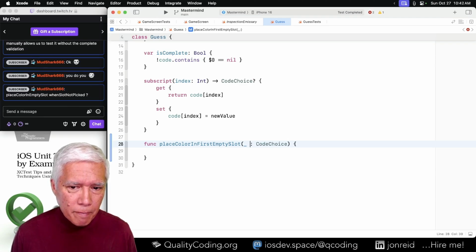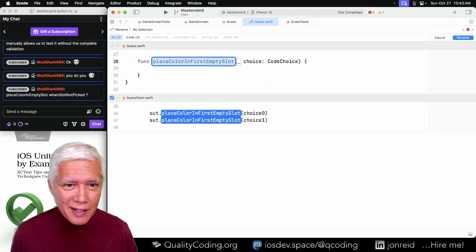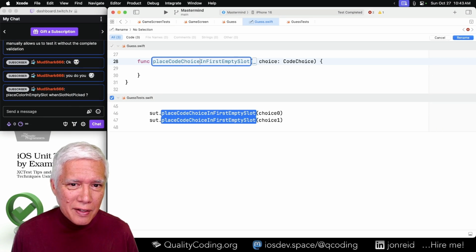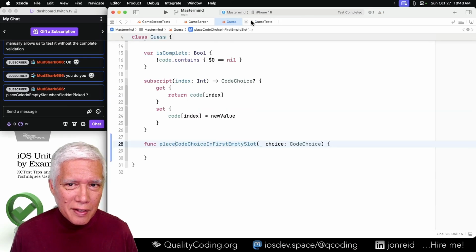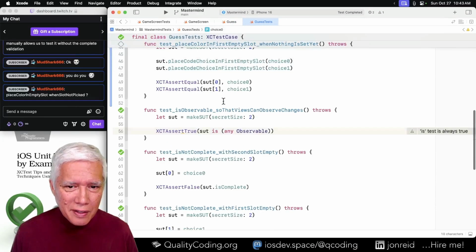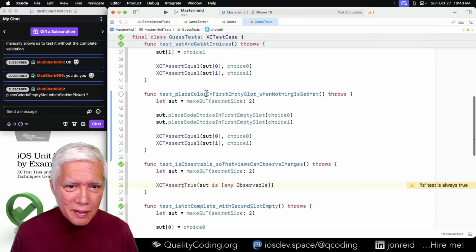It's not a color. It is a choice. It's the code choice in first empty slot.